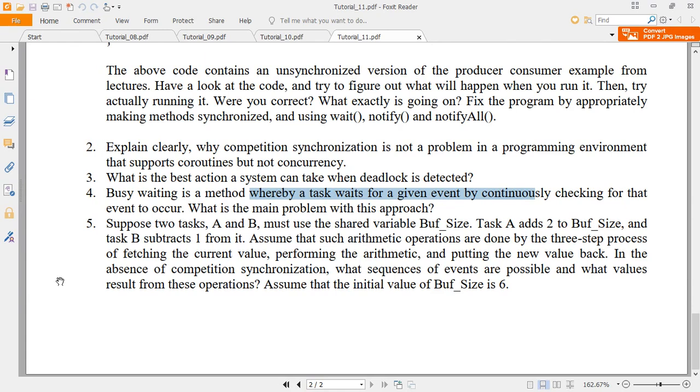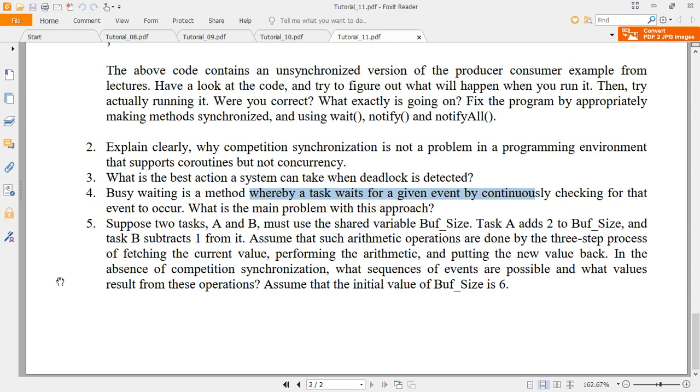So what is the main problem with this approach? The thread or process which is waiting for the external event to occur may enter into the blocked state. The main problem with this busy wait is that machine cycles are wasted in that particular process. Simply CPU cycles will be wasted just for looking at the incoming event. So this is the main problem of busy waiting.